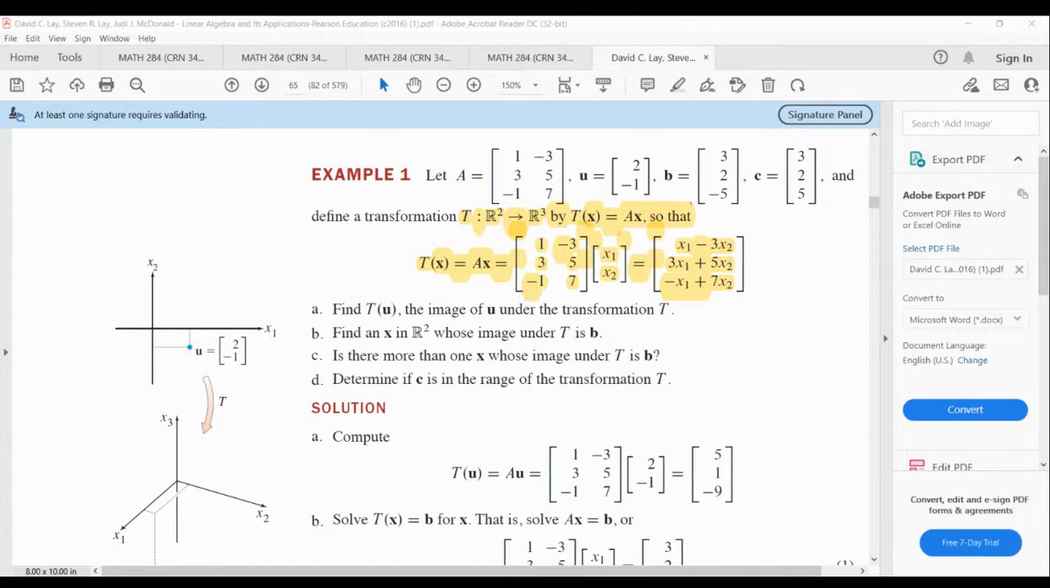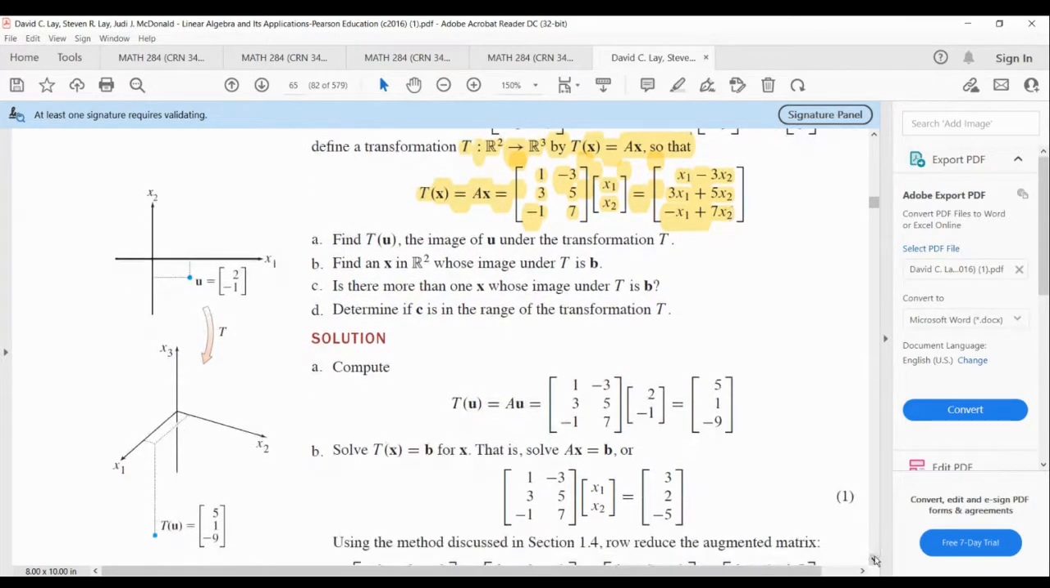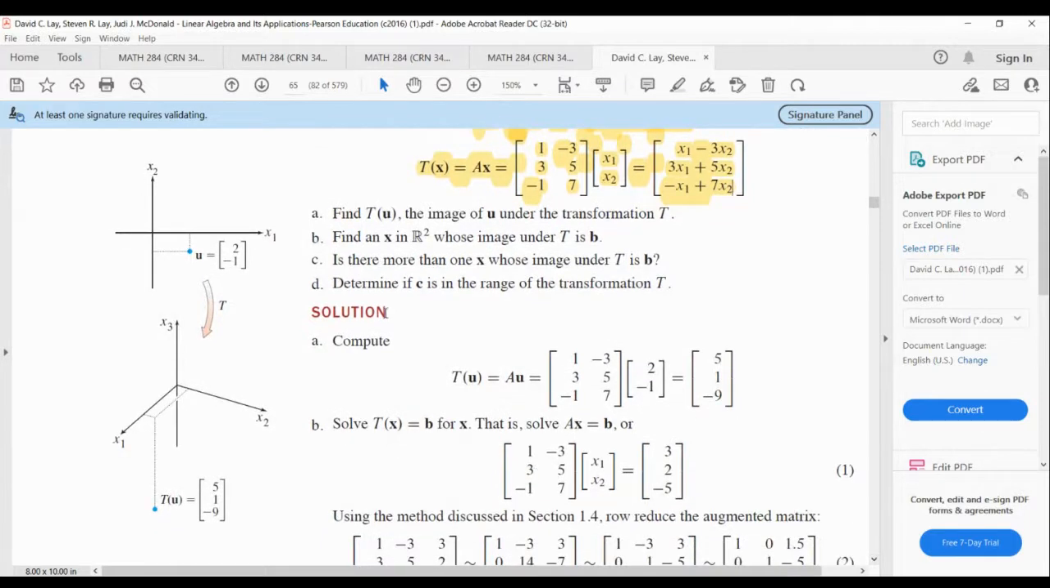So you see in the picture to the left, they say here in part A, find the image of u under the transformation. Find the image of u under the transformation. So if we look at the vector u, and I'm going to part A here, if we look at this part,